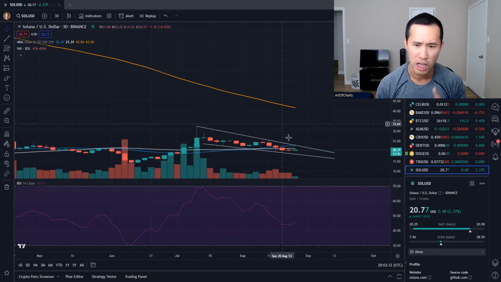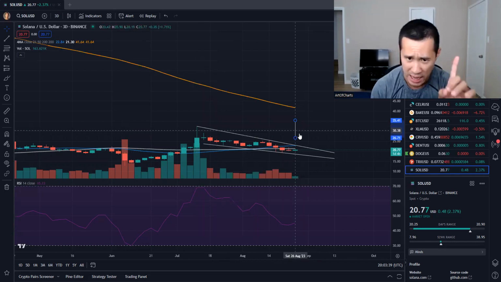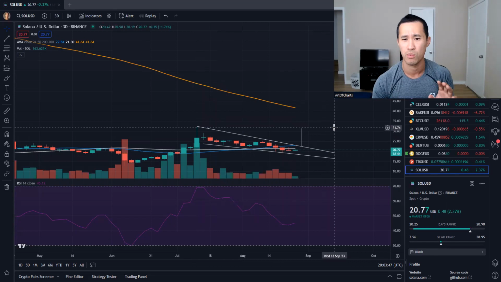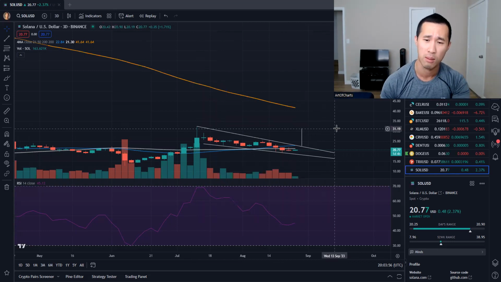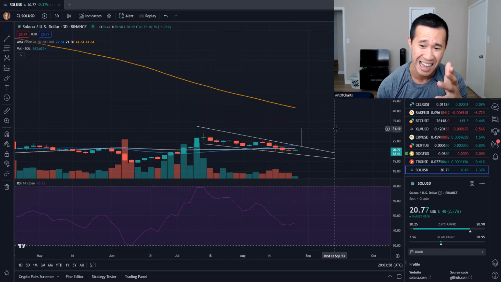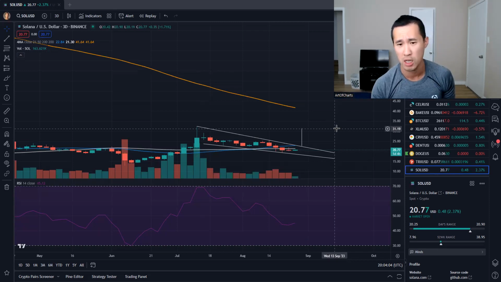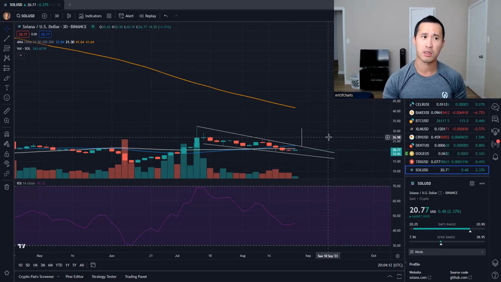Okay, so the measure move out of this breakout here, if the price action breaks out within the next 3-day candle, then we do have a measure move of about $31 area. Okay, that is what I'm looking at as a measure move. That is an estimate only. Do your own Google searches on what measure moves and measure targets mean. It could be over, under, and it's probably not going to get there right away, right? This is the 3-day time frame here.